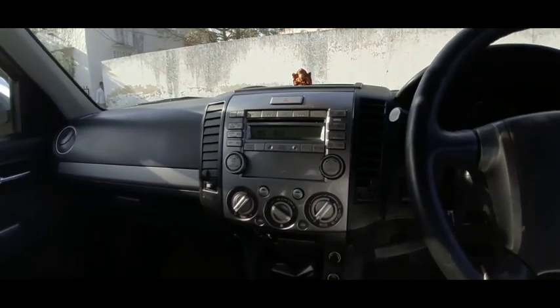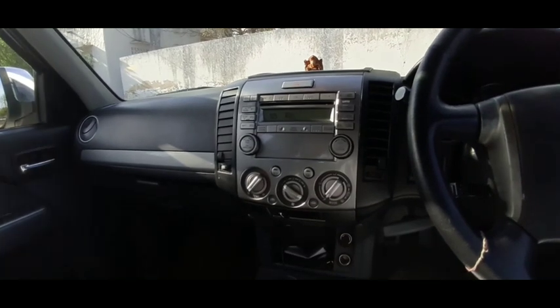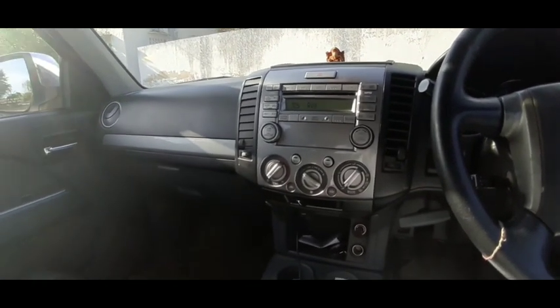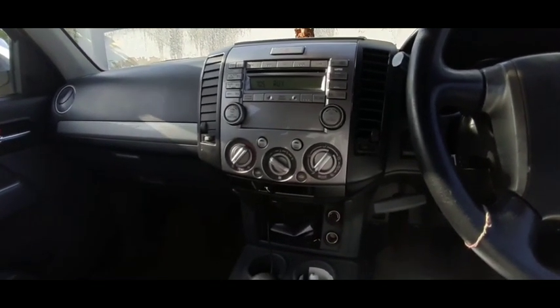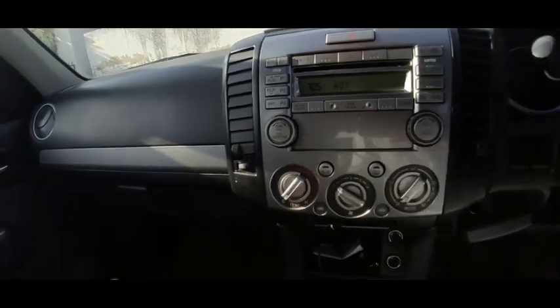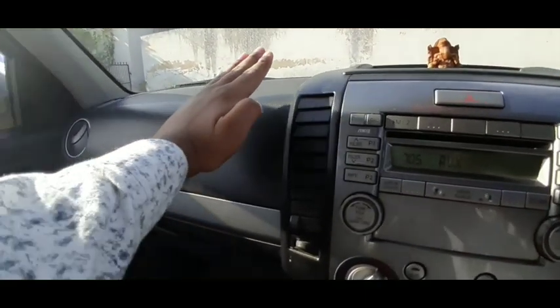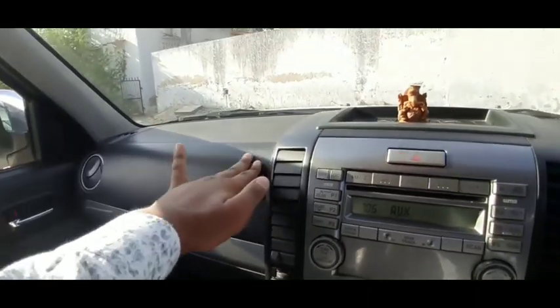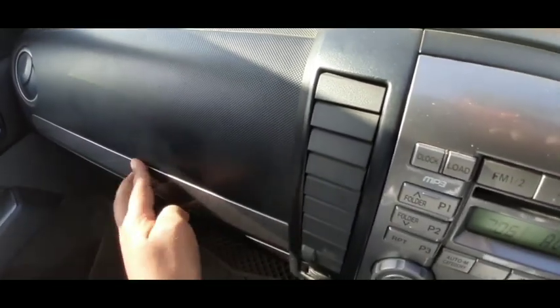So this is the overall overview of the dashboard. The dashboard again looks too rugged, too bold, and too sporty from inside as well. The ruggedness is there in the Endeavour, and that is basically for the SUV feel of the car. Well, that's really needed as well. But in terms of the quality, Ford that time has done a great job to get this great finish done on the dashboard, on the upper part of the dashboard, and there's kind of a sort of a matte finish there, and there